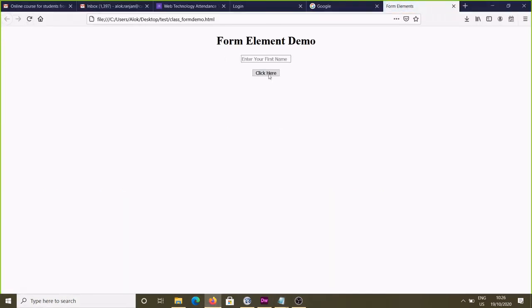Yeah, you see, enter your first name, that is the placeholder only it is coming. Now I want to write my name here, it is not there. Once you start typing, that will not be available. And you see, I am not filling anything, and I just click here, please fill out this field, it is coming now. That thing is happening due to the required. I added the required along with the input box, so due to that reason it is coming.